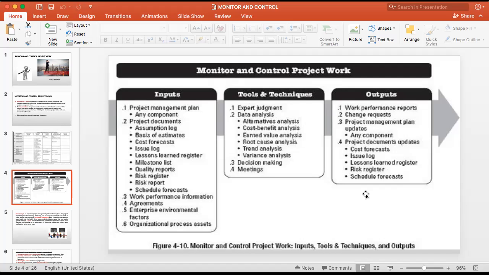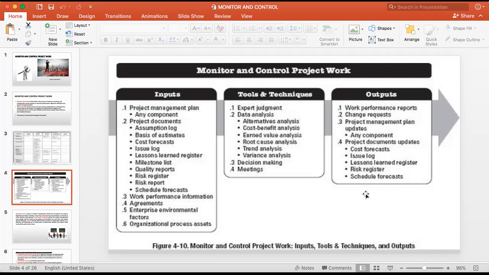To answer that, if you see these things, what do you actually need? Somebody should get involved and do the thing. That means it is a thinking process. If it is a thinking process, you need some people to come and do this. That means you need expert judgment, since this is a thinking process. So what these experts do is apply their knowledge and their experience